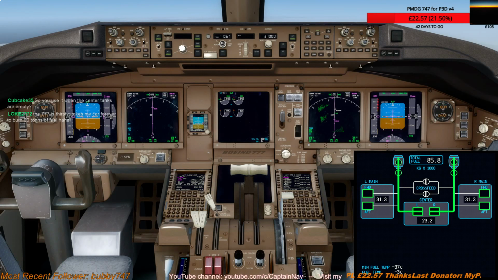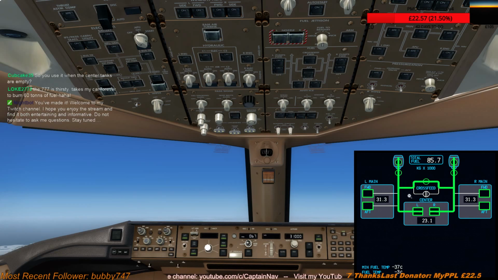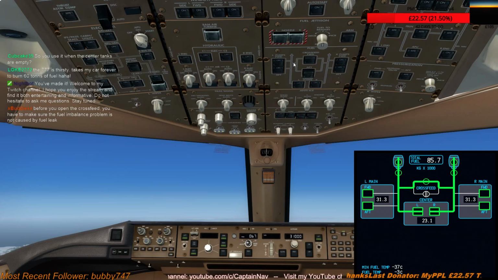And to try to correct the fuel imbalance, you would open the crossfeed valve, as I've just done there, and you can see the crossfeed valve here opens, and you can see in green the flow of fuel, and then you would switch off the pumps on the low side, on the side where the fuel quantity is low, so that the engines pump the fuel from the side that is high, to try to balance the fuel quantities. However,